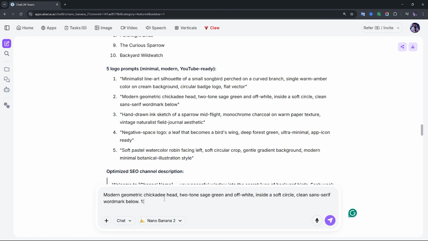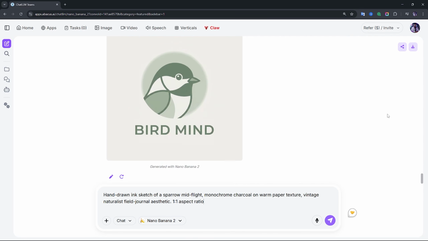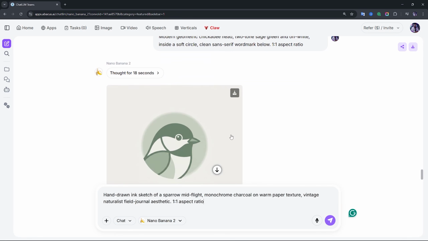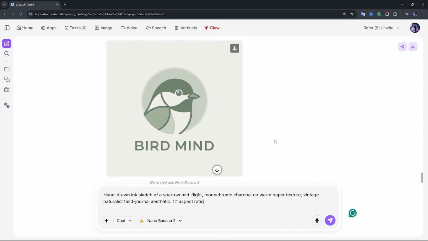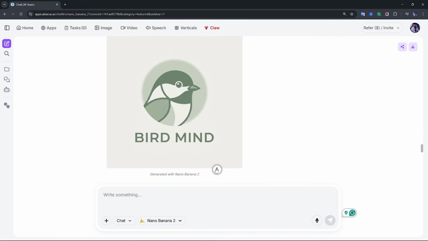Okay, so as you can see, in the first image, I didn't add the aspect ratio to the prompt. The result was a landscape style image. So I recommend including it in your generation if you want a square aspect ratio image. Now, this one has a square aspect ratio, which is good. So repeat this process to generate the remaining logo options.